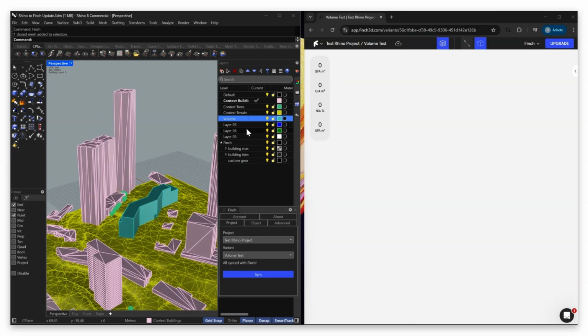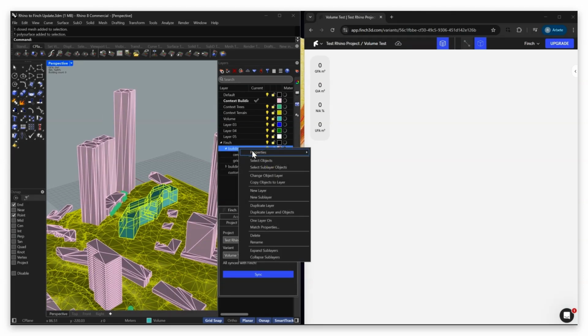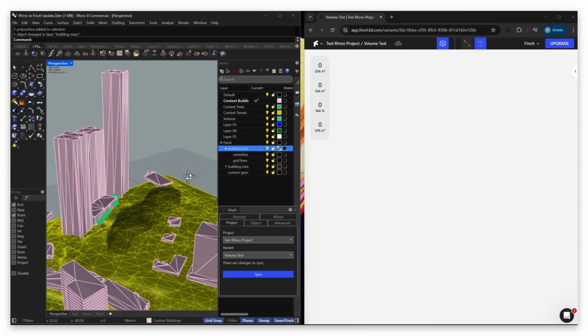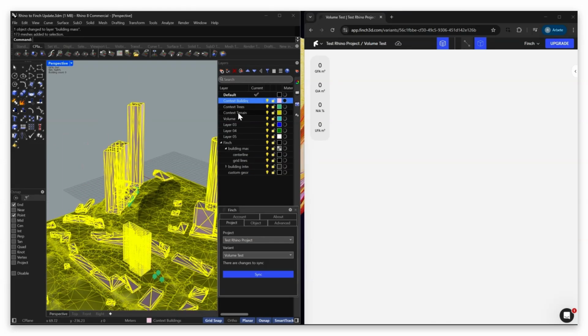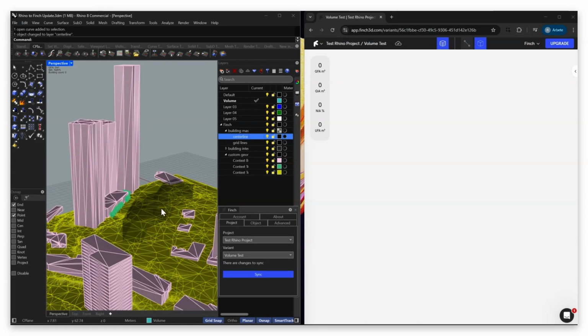So let's start by selecting this volume, and then let's put this on our building mass instead. Next up, we're going to select our context buildings. We can actually select these here, context buildings, context trees, context terrain, and actually drag them down here into our custom geometry. Once we're happy that everything is on the correct layer, you're going to want to check also that